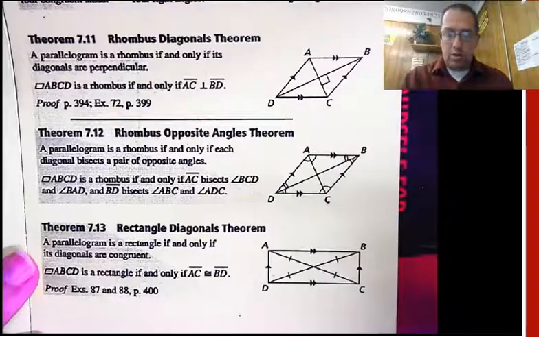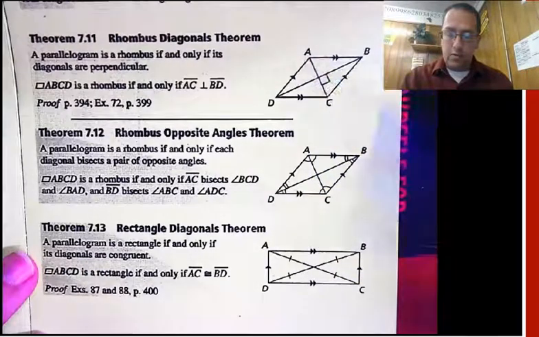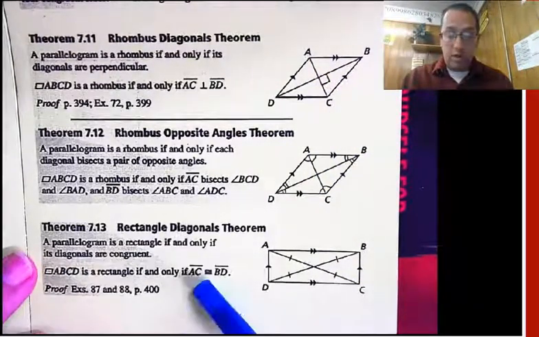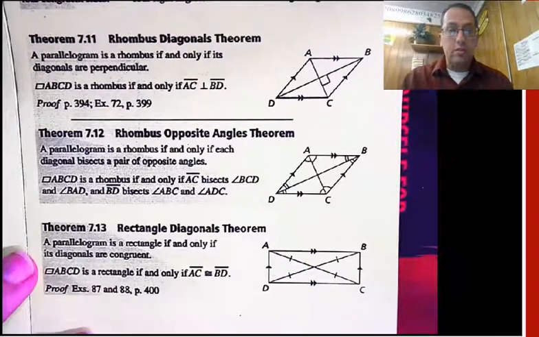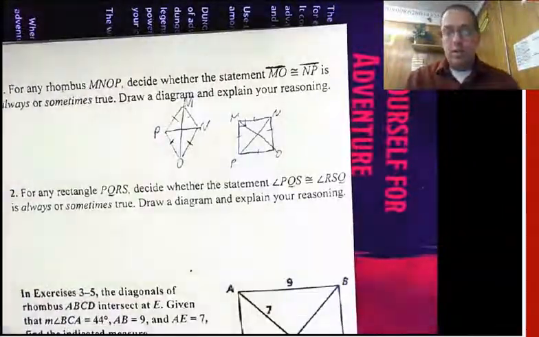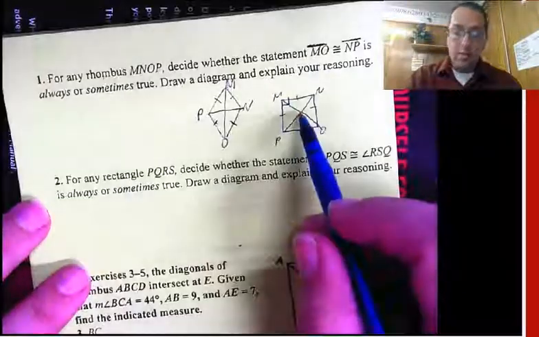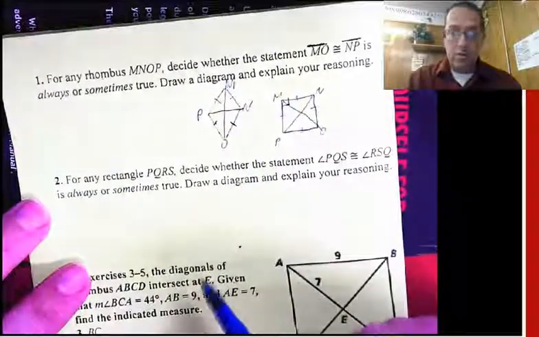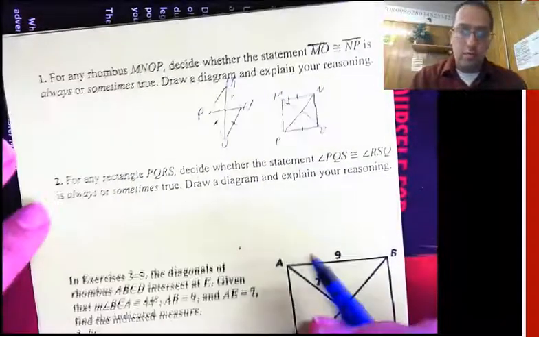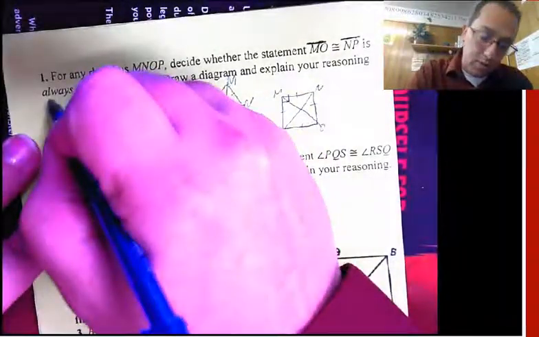Well, squares are rhombuses, but we said it didn't work for rhombuses. But squares are also rectangles. And, oh yeah, rectangles have congruent diagonals, don't they? So, since a square is a rhombus, and since a square is a rectangle, this is going to be true for the square, but it's not true for the other random rhombuses. So this is going to be sometimes true,